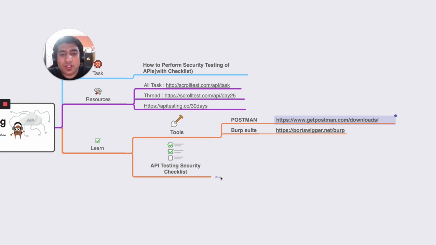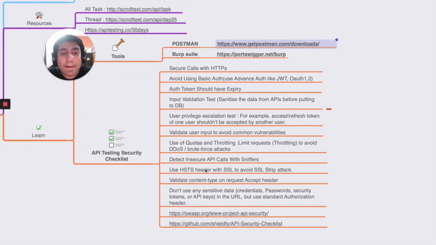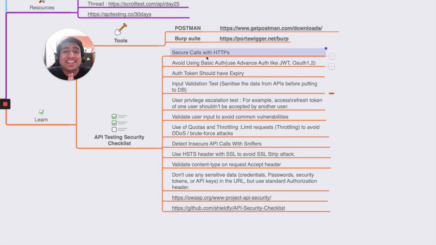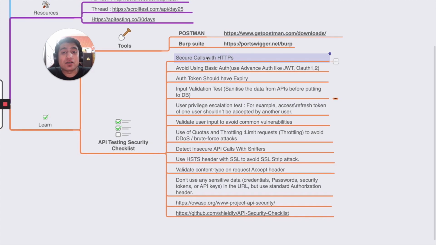So let's go to the API security checklist of test cases. The first important case I recommend is that whenever we are doing API testing, those requests should be secure and behind HTTPS. If you are going to production, make sure even the internal calls, if possible, are HTTPS. This is important. I'm telling you from my experience, I have 8 years of experience. If you have internal calls in your microservices, make sure they are HTTPS, because lots of times people compromise certain systems, and insecure requests get hacked very easily. So make sure you do that.